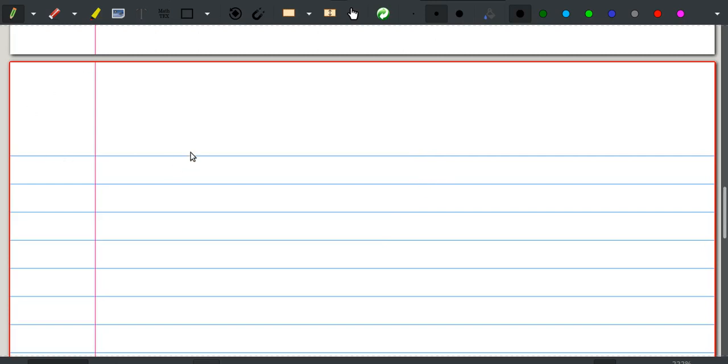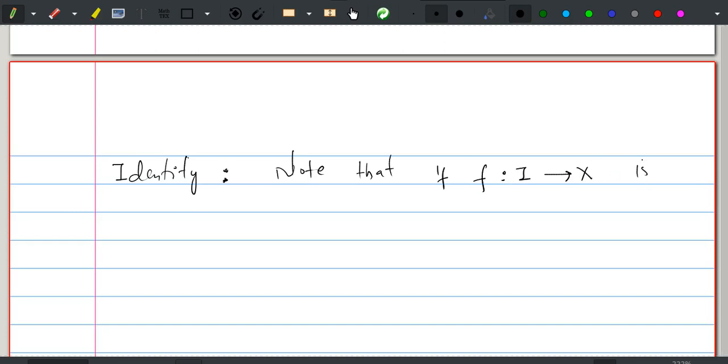So to prove the identity axiom, note that we have proved in previous lectures that if f from the interval I to X is a path with endpoints x and y,